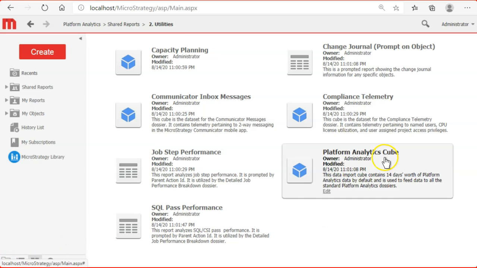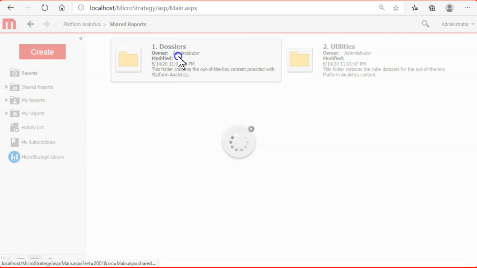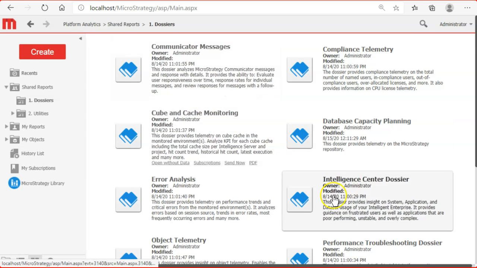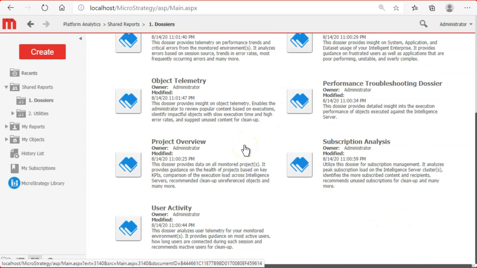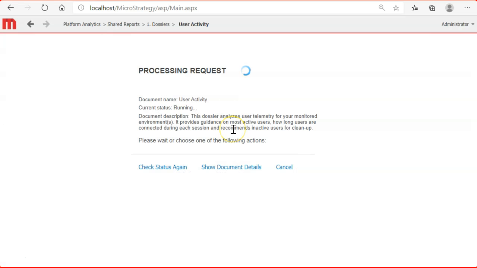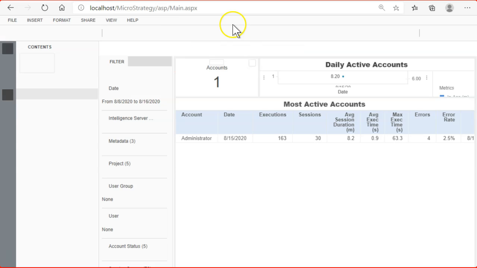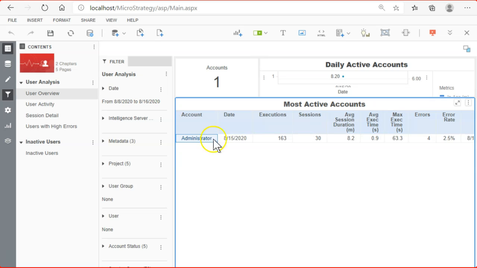So now let me show you how we can utilize this platform analytics in our environment to monitor things. Earlier the data didn't come to our environment, so it took a few minutes to replicate everything. Let's go to the user activity and see how many users we have and what the active users are. A lot of information you can find out. You can get great insight into your environment with the help of platform analytics. Here the user count is one, that's the administrative user, as I'm currently using it as an administrator.